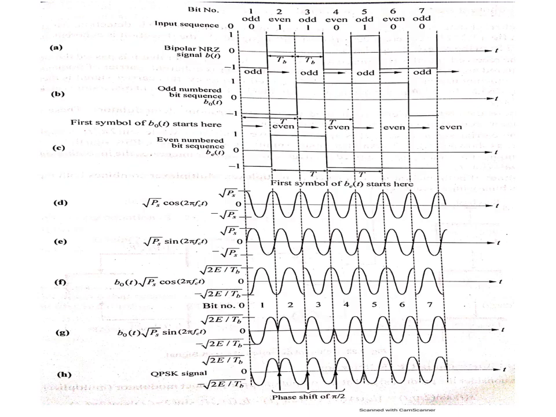Next, E represents the sinusoidal carrier component sin 2 pi fc of t, which are given to the multiplier as we saw in the previous slide. Next, F1 represents the output of the multiplier, where the odd sequence is multiplied by the cosine term. And G1 represents the even part BE of t. There is some misprint. The G1 represents the BE of t multiplied by the sinusoidal component sin 2 pi fc of t,